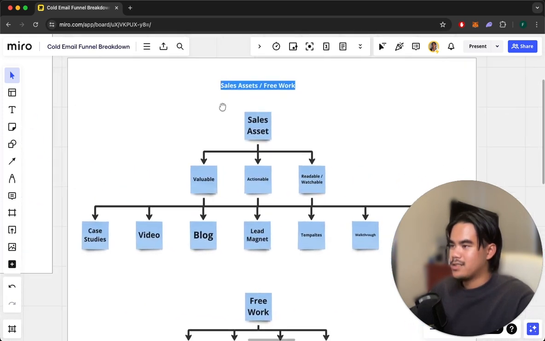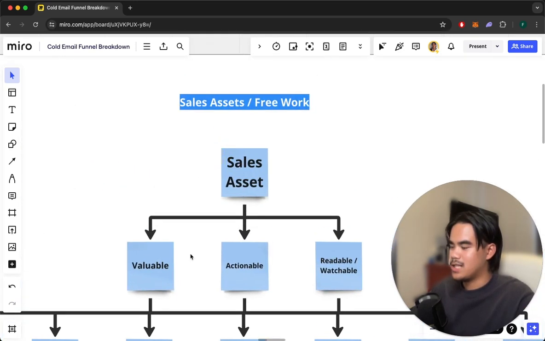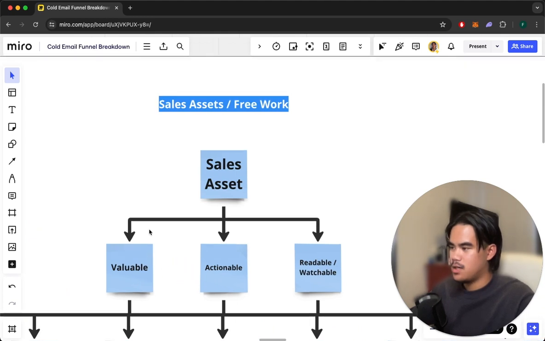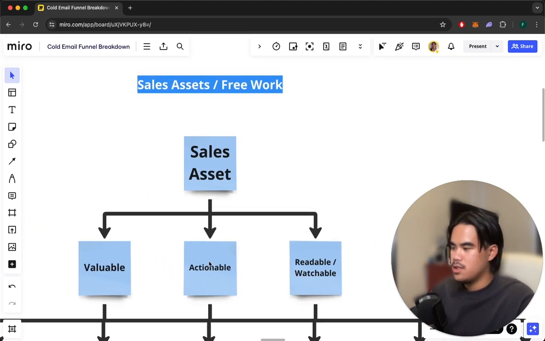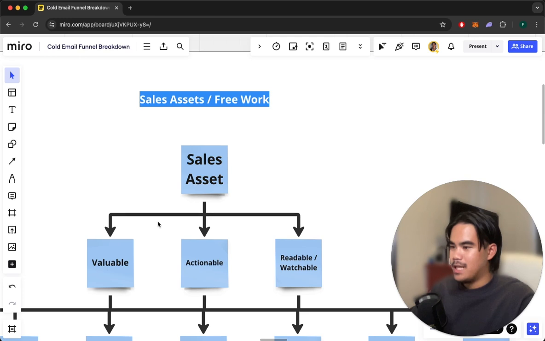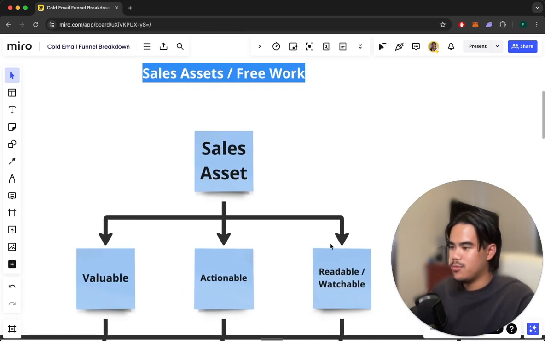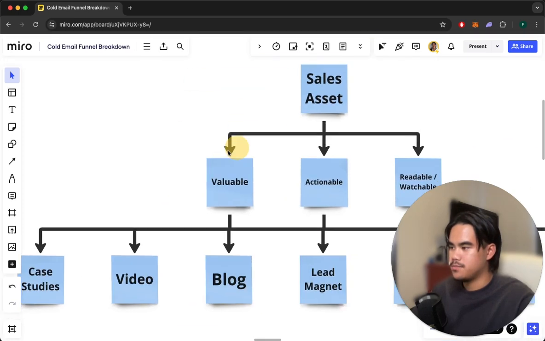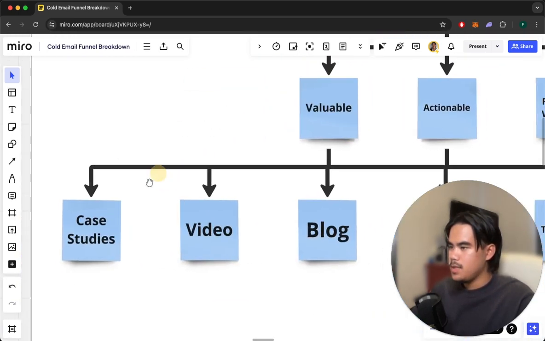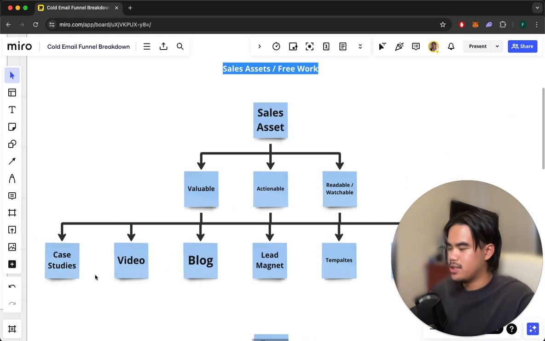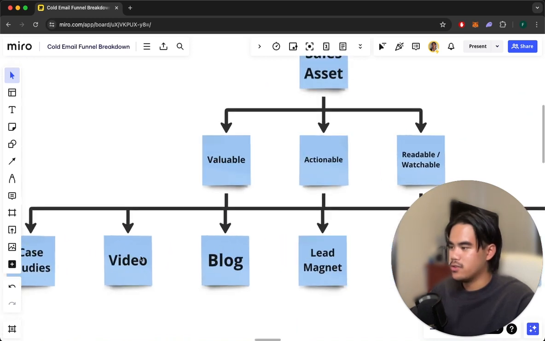Next is sales assets / free work. So the actual sales assets, you want it to be valuable, providing value. Actionable, meaning can they do it themselves and implement it themselves if they had the capacity to do that. And you want to make it readable / watchable, right? So different types of sales assets would be case studies, videos, sales letters, or training videos,